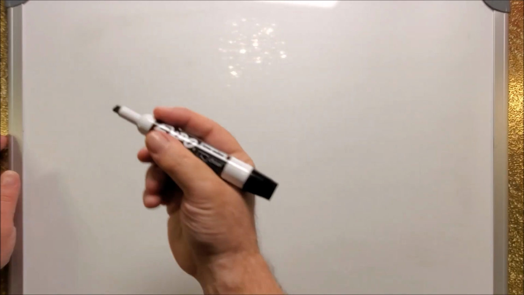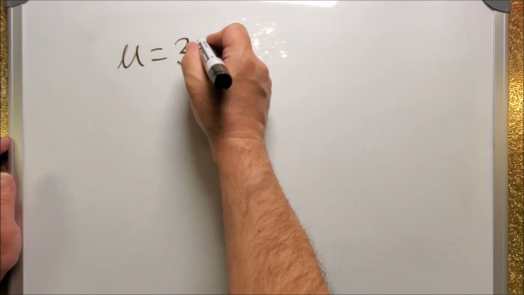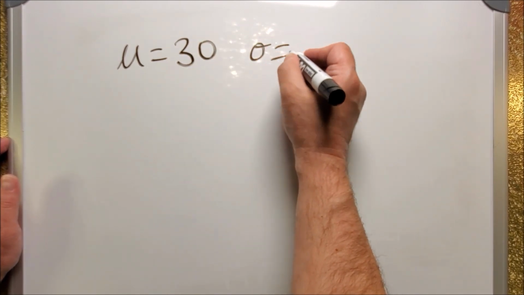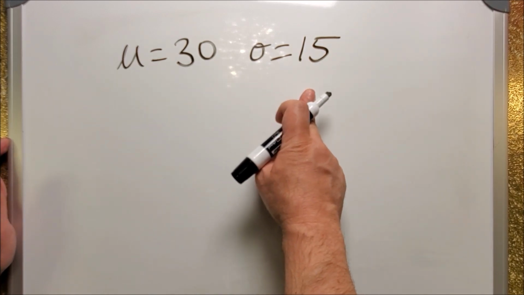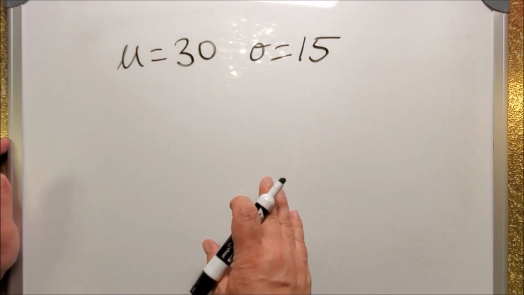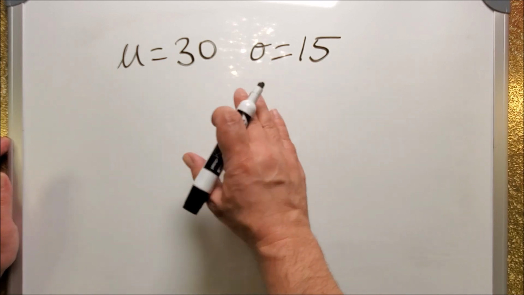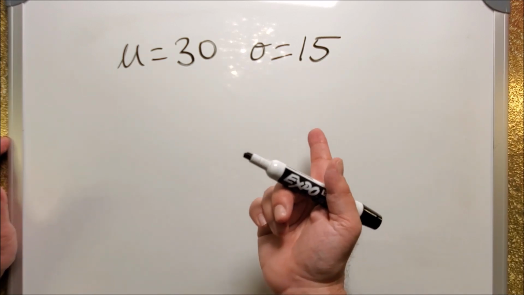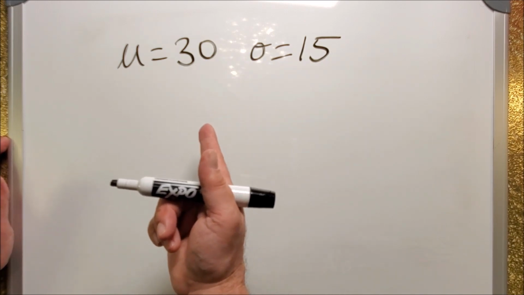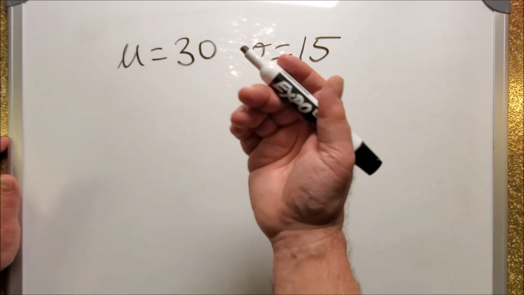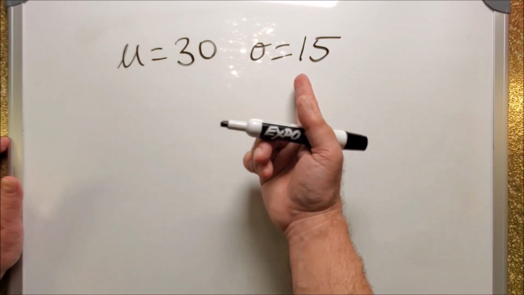Let's do another one. Let's imagine a population with a mean of, let's see, let's make it 30 this time, and a standard deviation of 15. Now take a look at that. That already raises red flags for me, because depending on what we're talking about, if we're talking about values that cannot take negative numbers, then already I know that the thing isn't normally distributed, right? Can you see why? That would mean that the lowest possible score, remember, if it can't be negative, which would be 1 or possibly some small non-zero decimal, would only be 2 standard deviations away from